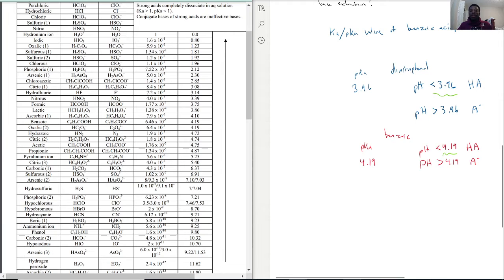But the issue is that although in that situation dinitrophenol would be deprotonated and benzoic acid would still be protonated, we're not going to get much of that dinitrophenol or benzoic acid out,